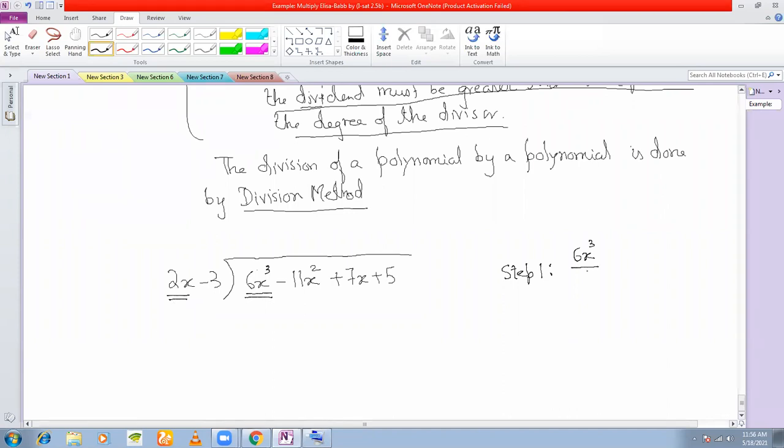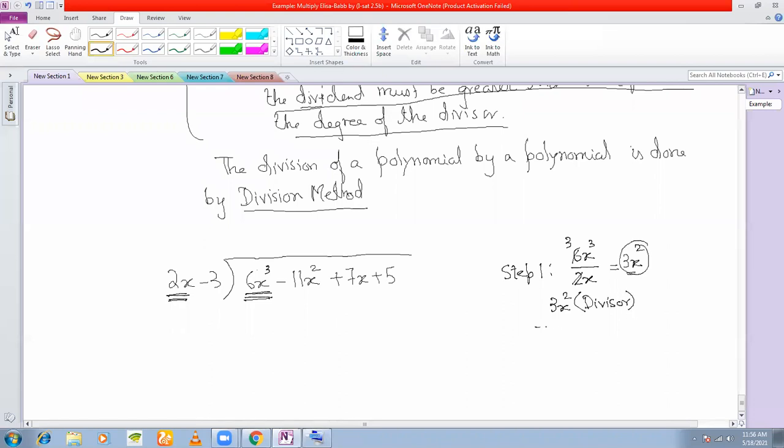So now I will divide this by the leading term of the divisor. How much do I get? I will get 3 and x square. So I'm getting 3x square. When I divide the leading term of the dividend by the leading term of the divisor, I get 3x square. Now this 3x square I will multiply by the divisor,